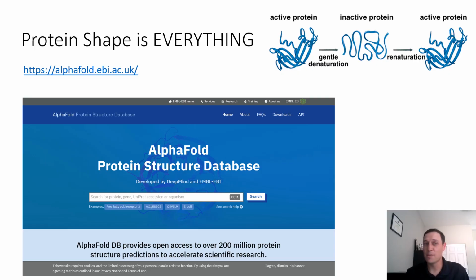Okay, did I mention that protein shape is everything? Of course I did. But one last thing that I want to mention is that it is so important that we can even see it through a process known as denaturation, and then if we're able to put a protein through the reverse process known as renaturation. Okay, if we take a look at just this